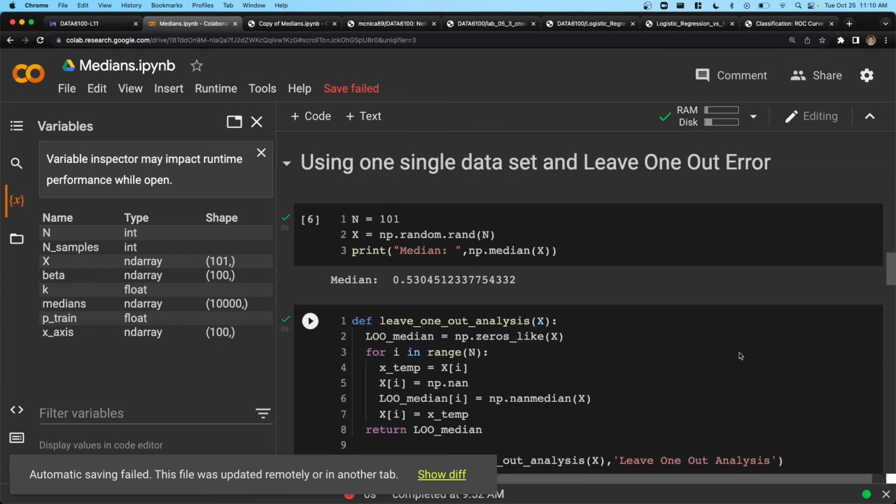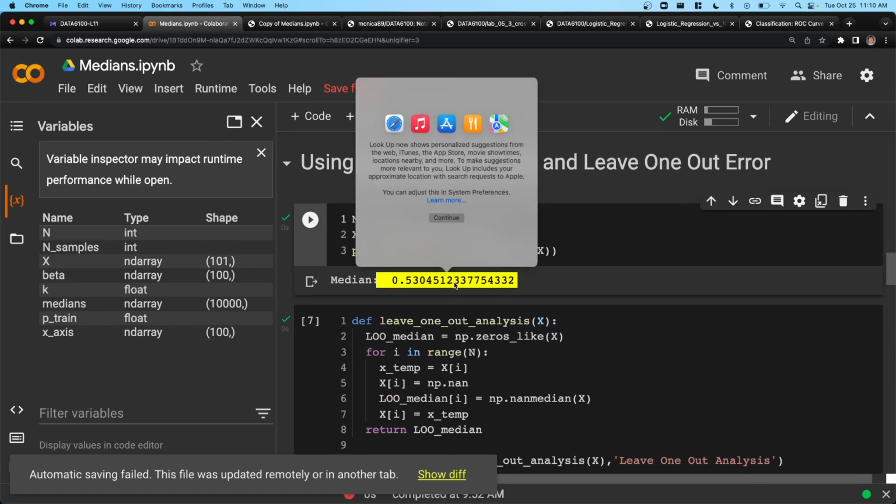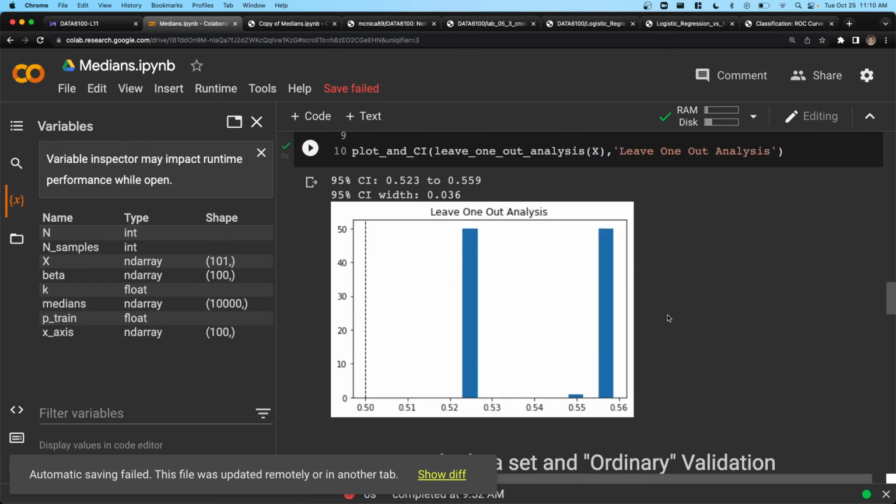So the true median for this data set was 0.53. And if you run this, you get a little bit less than 0.53, a little bit more than 0.53. I think there's one exception that happens when we delete exactly the median point, right? Then you get the average of those 2 points. So that maybe should be on there as well. So this is median number 2, exactly. So you kind of get 3 numbers, all of which are close to the median you had originally,